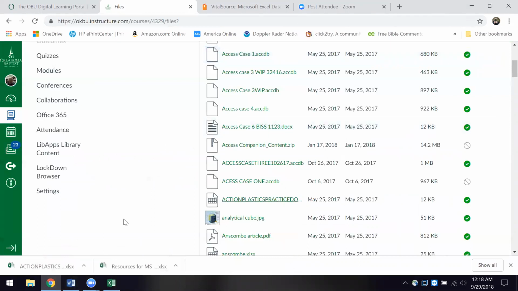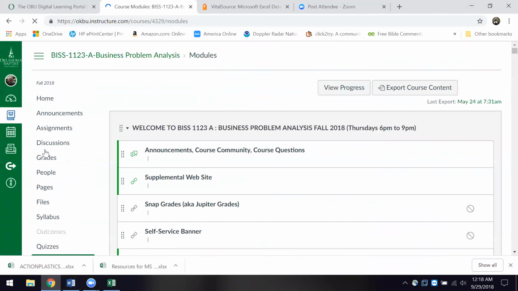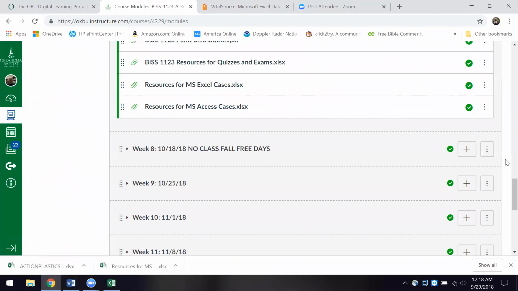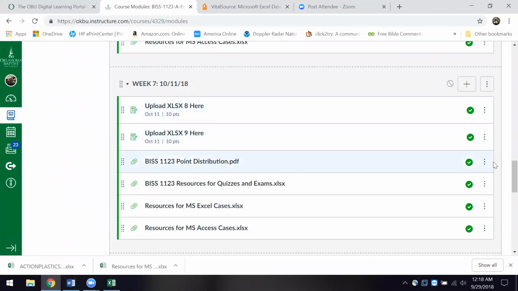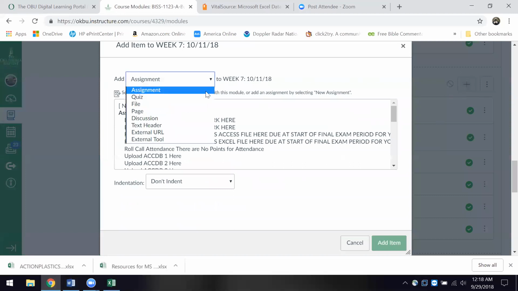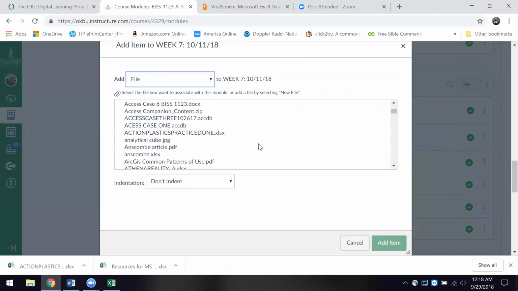I'm going to go back to the module. You get a little bit of a behind the scenes look. And I'm going to come over here to this week. This will be the 11th. And I'm going to find a file, and it's that Action Plastics file. And now I can use it, or I could upload the file I just did. It doesn't matter. This one's got the